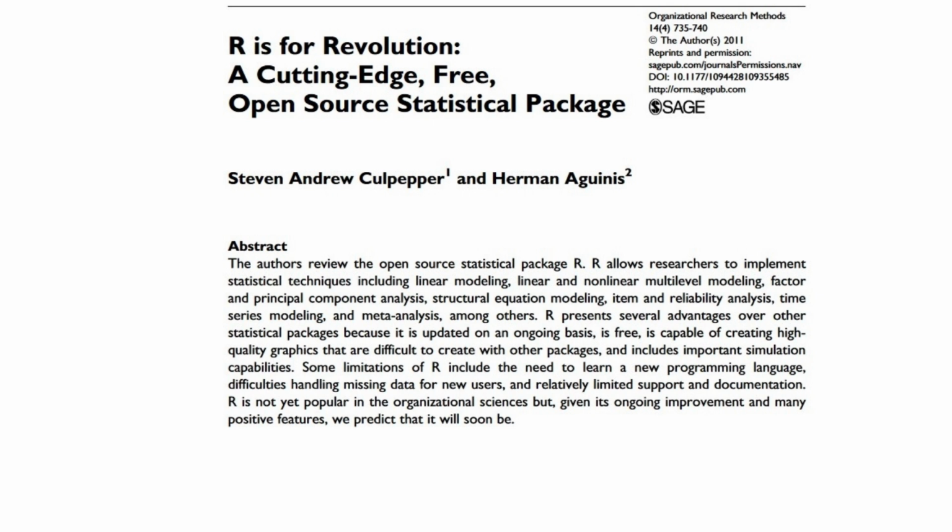That makes sense. The article also mentioned missing data as a potential issue with R. And I know that's a headache in any statistical analysis. Right. But is there something specific about how R handles it that makes it particularly tricky? R's default way of handling missing data can be a bit unforgiving. It tends to exclude any cases with missing values, which can lead to biased results if those missing values are not random.